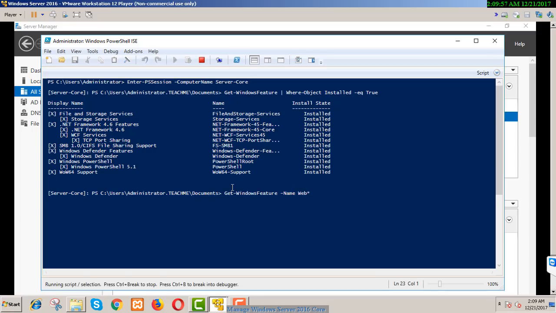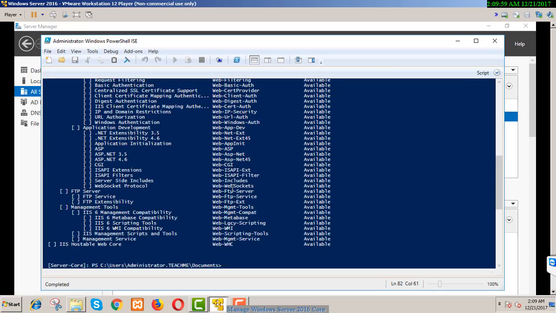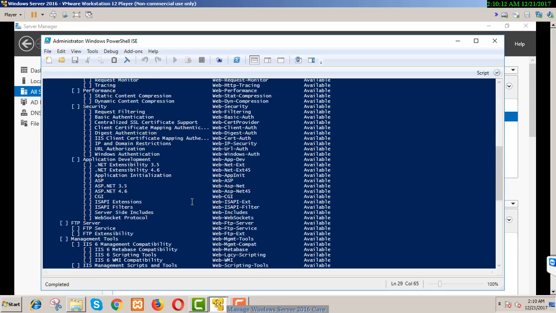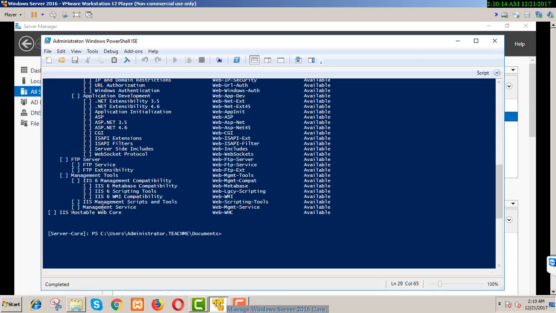This will display all the packages with web server. So we want to install IIS. The name of the package is Web-Server, and this also requires a management service, Web Management Service. This one,